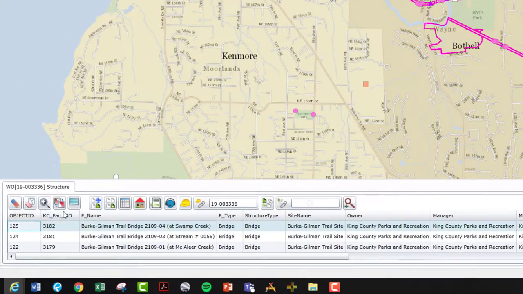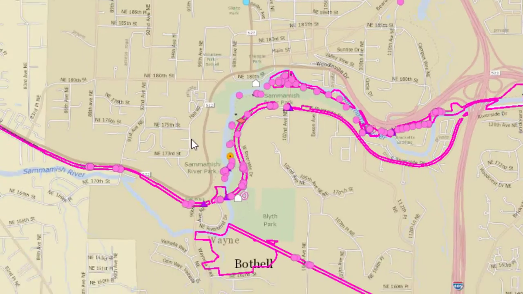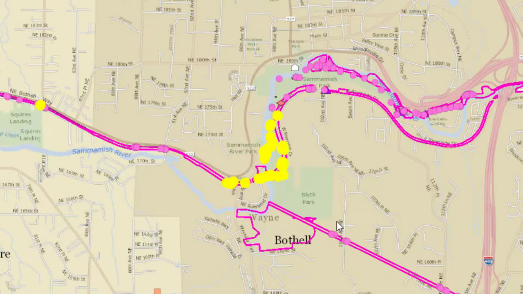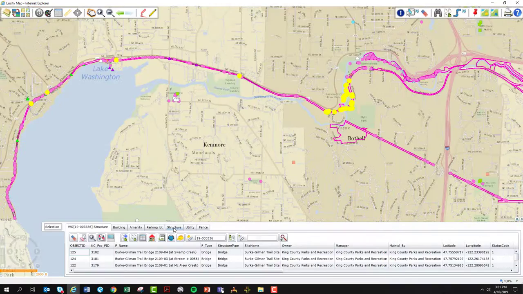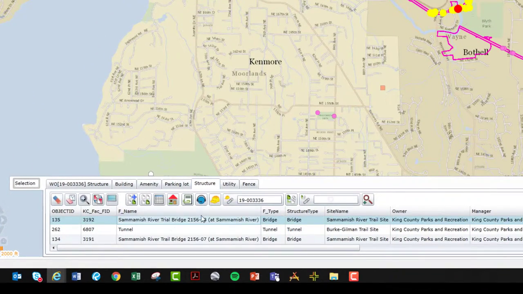So in this example, there are several structures already on this work order. We're going to go and just select, let's go find another bridge. So here's a structure. Looks like this number 8 bridge. We're going to select that,